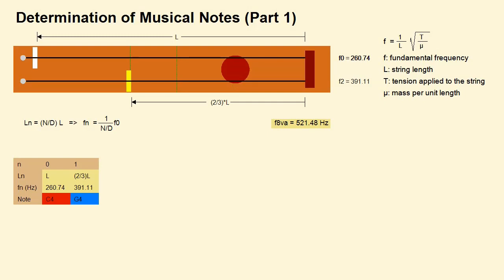Now, multiplying the string length corresponding to the last note in the table by the factor of 2/3 is equivalent to multiplying its frequency by 3/2. If the frequency resulting from this last calculation is less than 521.48 Hz, adjust the string length by multiplying by 2/3 the string length corresponding to the previous note and verify on the instrument that the result is agreeable, and if it is, enter the data of this new note in